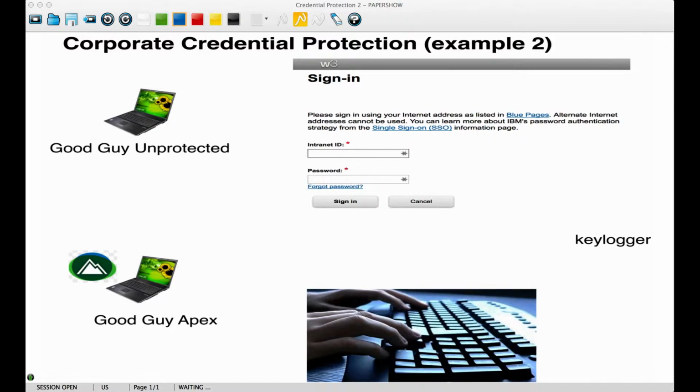In this second example, we're going to see how we're going to actually install a keylogger on the machine, on both a good guy and bad guy, as we've done before. And we're going to show how that keylogger is obviously going to grab the user ID and password that the user is putting into a corporate site. However, we're going to see that when we do the same attack with the good guy that is running Apex, we see that keylog driver,